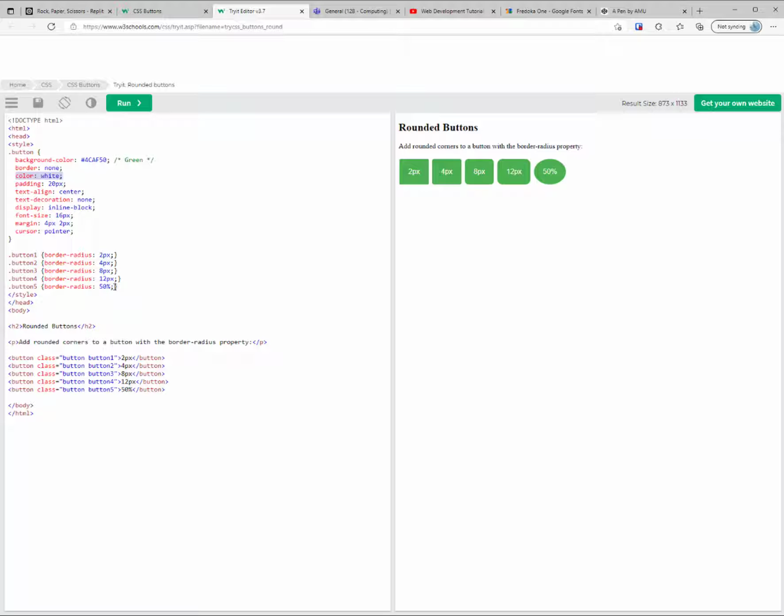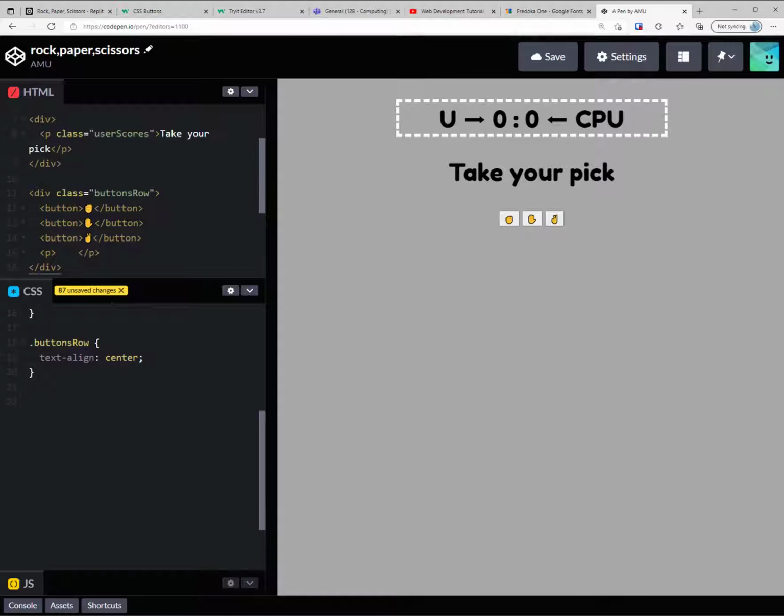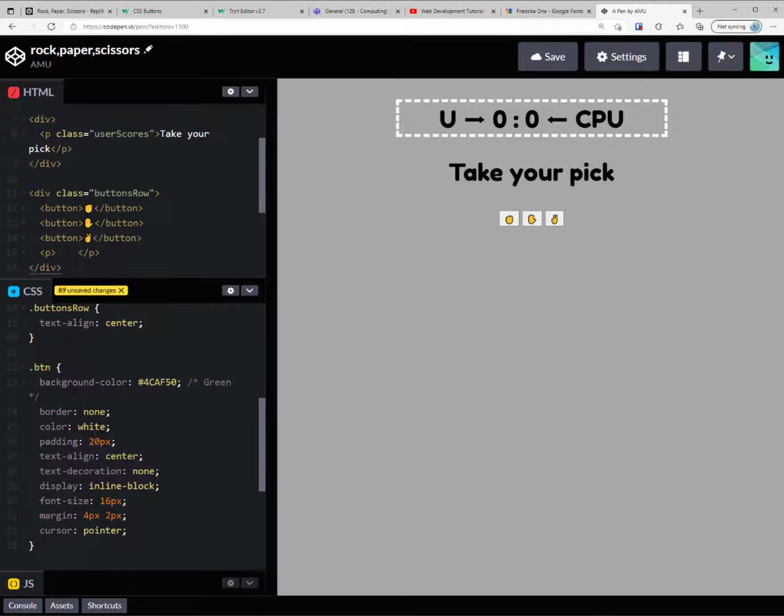This class here then is for the round one, and because I'm just going to create one, I think I can create one class and just take this extra line and dump it in here as well. Because I can see here where they've done the 5 buttons in the HTML section of theirs, they've just applied these extra classes inside the class area. So I'm going to copy that. Let's create a new class. I'm just going to call it BTN, and I haven't put the full stop down again. So if I do that and then just dump those in there,